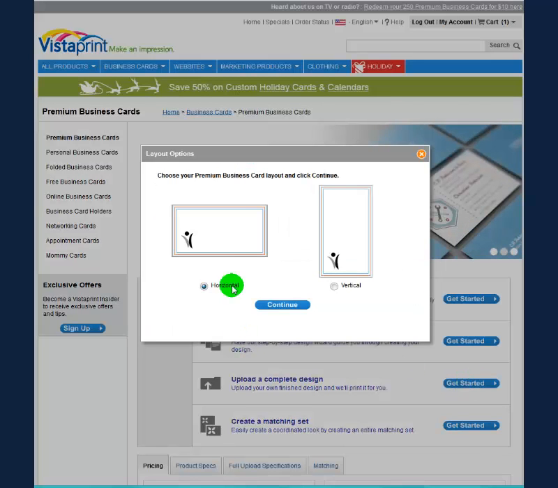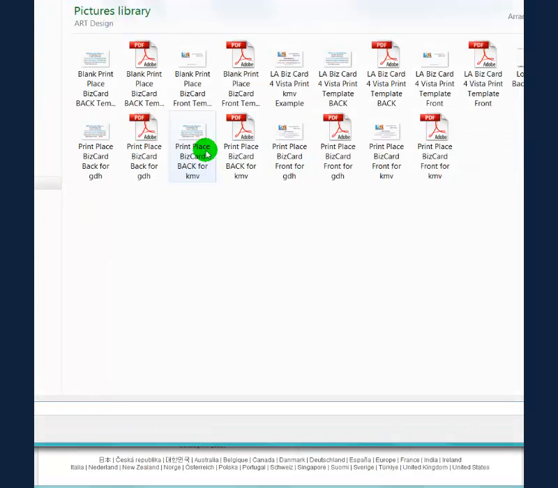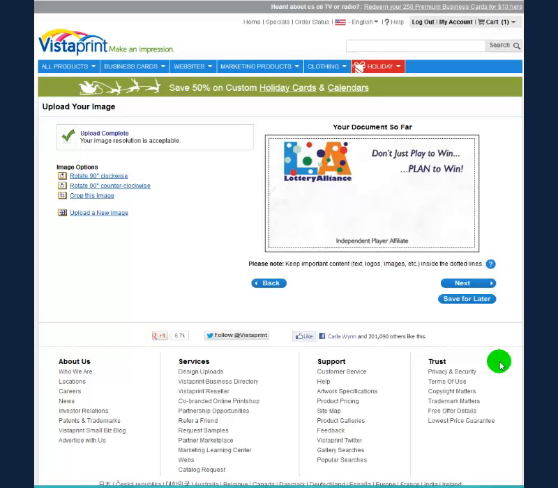Now, you will be able to upload the blank. This is going to be a horizontal format, so make sure it's horizontal and click continue. That takes you to a page where you can upload the design that you download from the site here, the Vistaprint front and the Vistaprint back. The first one we'll do is the front, a blank front Lottery Alliance card. So you upload that into the system